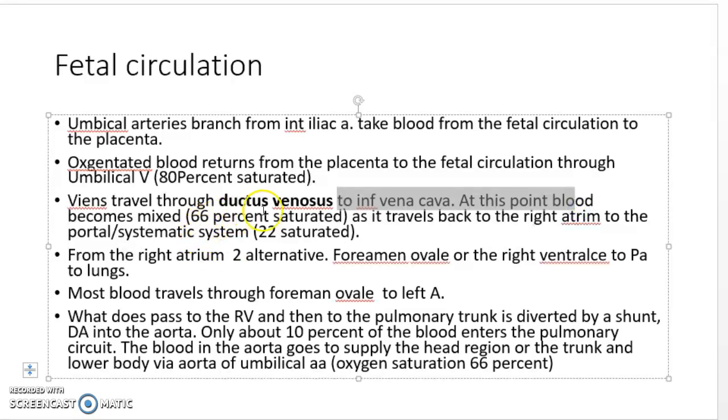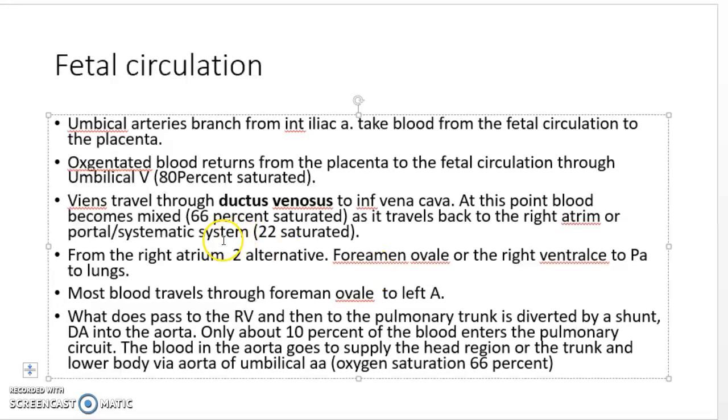So now it'll be 66% saturated, and blood will travel to the right atrium, and then to the portal and systemic system. And now over here, from the right atrium,